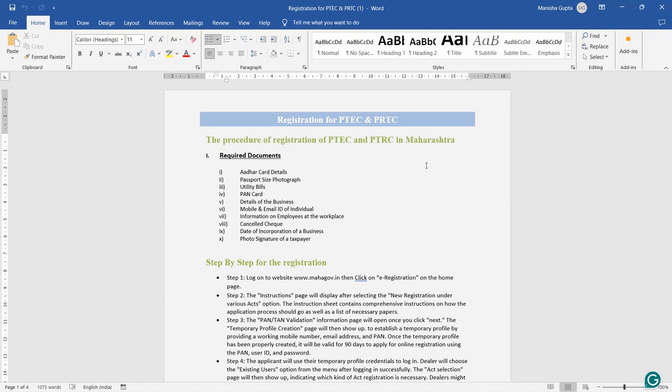The required documents for Maharashtra are: Aadhaar card details, meaning of the partners, owners, or directors; passport size photos of all the partners, directors, or owner; utility bills; PAN card; details of the business; mobile and email ID; information of employees; cancelled cheque; date of incorporation of the business; and photo and signature of the taxpayer. So these documents are required for registration in Maharashtra, and these are common documents required for every